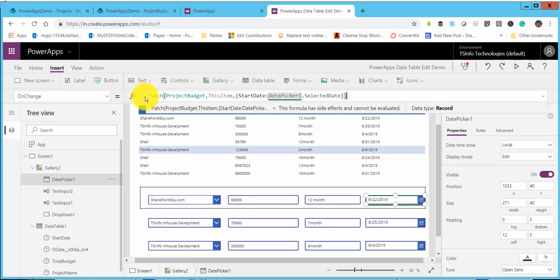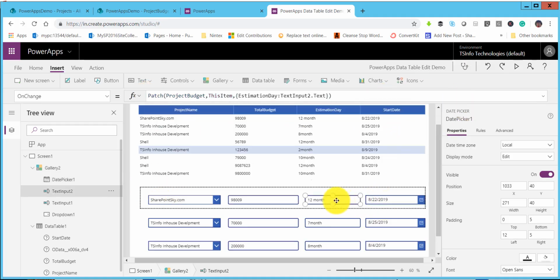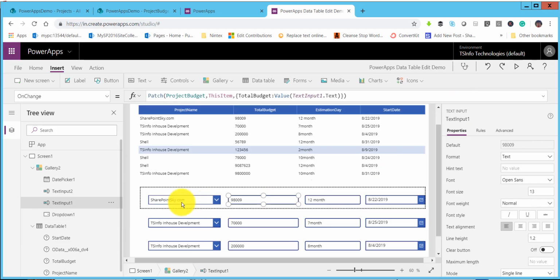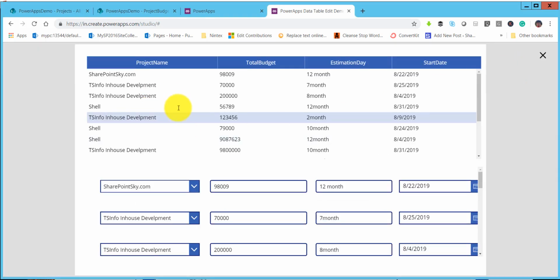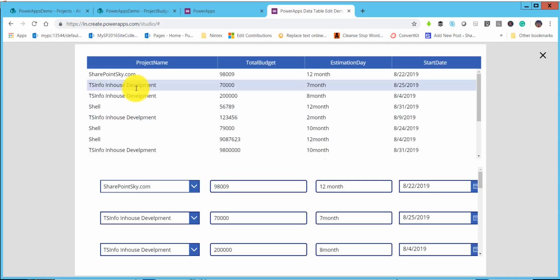You can see here, now we wrote the formulas for these controls so that the value will be updated to this data source. Now next, what we will do, so now let's preview this. If we click here, now you can see here it is previewed. So what I will do here is, now let us say this is our data source. Okay, so data table, the first one. Next, what we will do is,